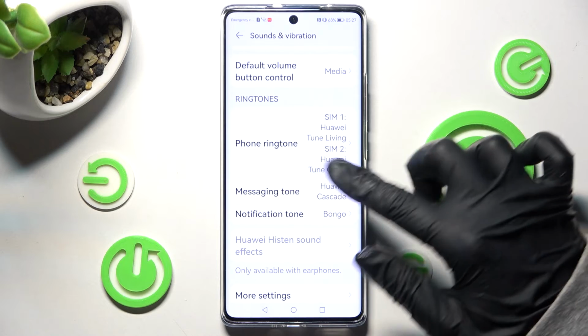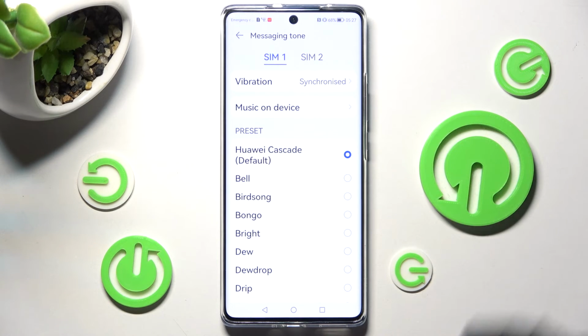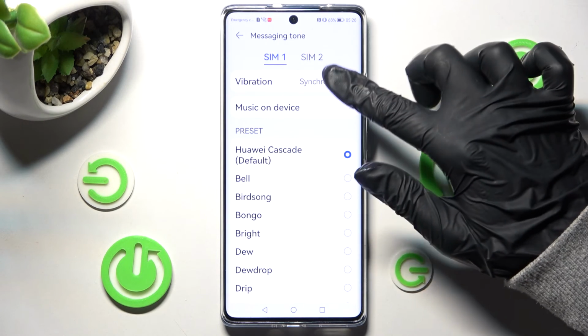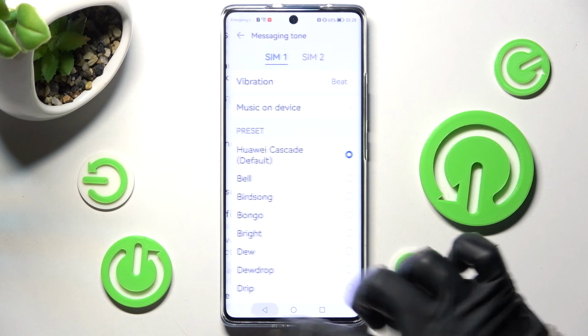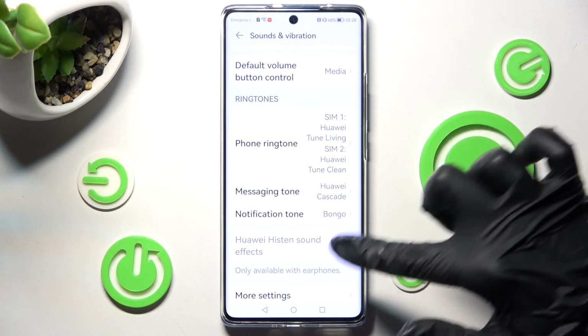Then go back, click on Messaging Tone, and do exactly the same the third time. Finally, when you're ready, you can scroll all the way